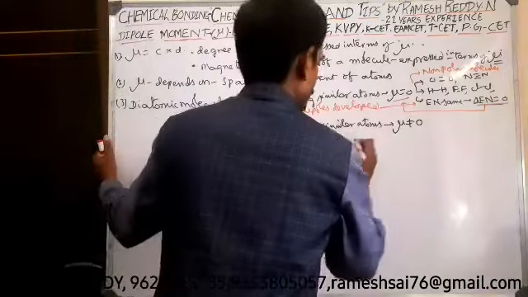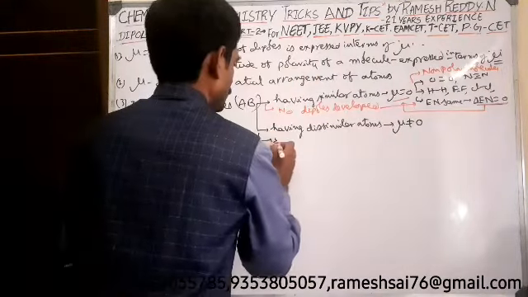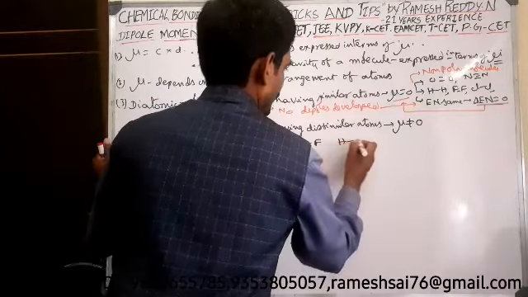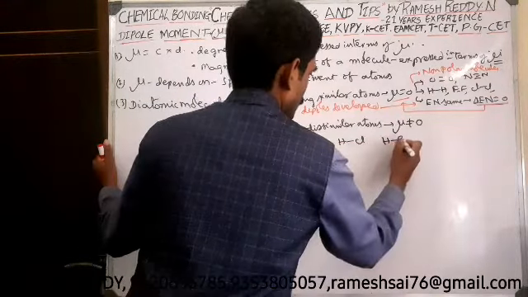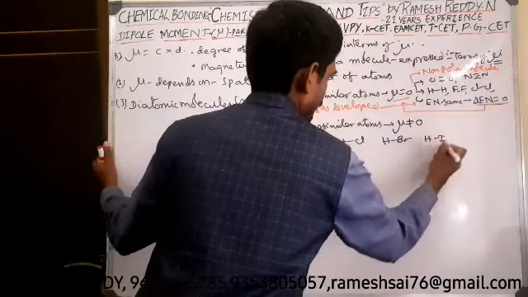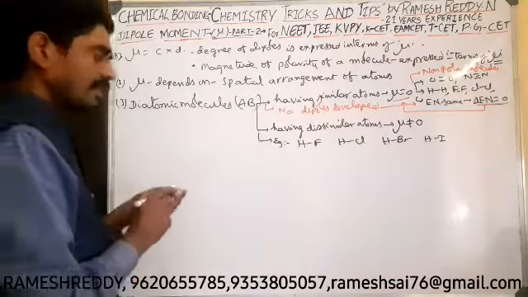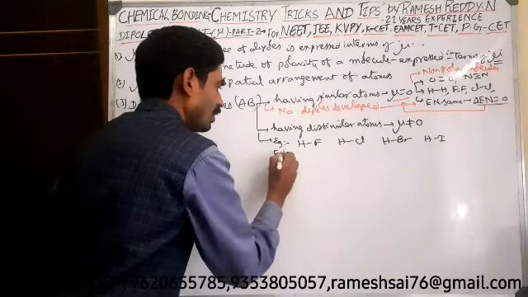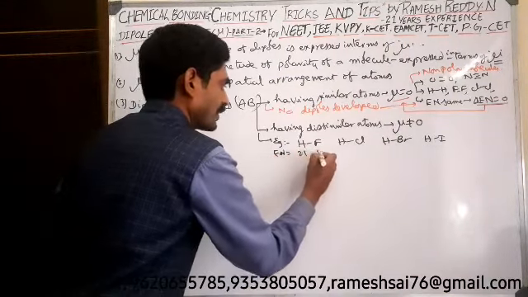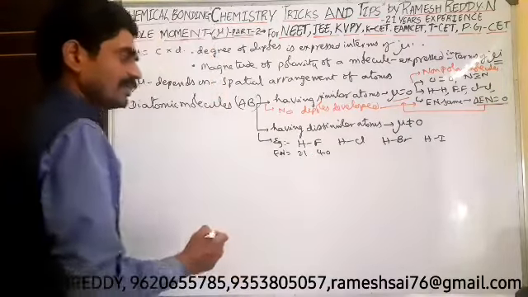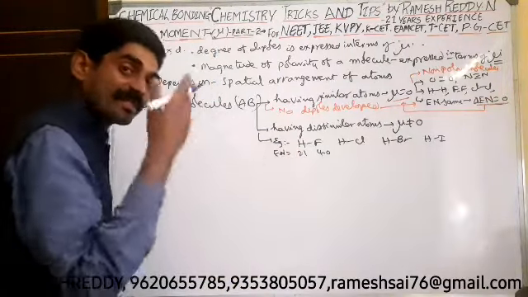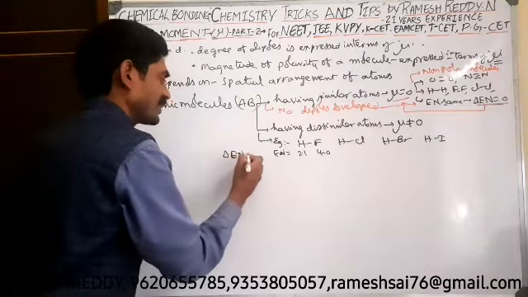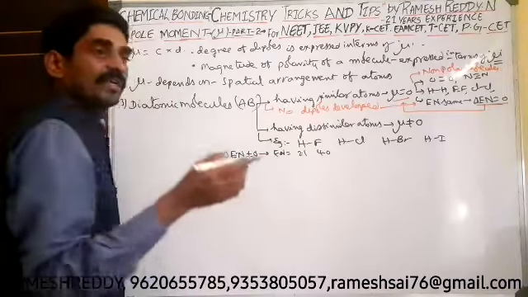For example, if you take HF, HCl, HBr, HI, right? Here the electronegativity of hydrogen is 2.1, fluorine is 4.0. So there is an electronegativity difference. If the electronegativity difference is not equal to 0, then for such molecules